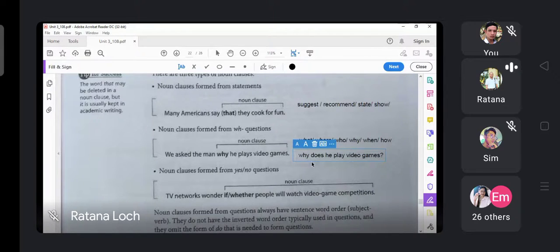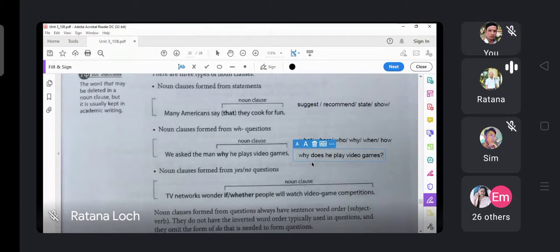Right? You can see, I want to know who came first. For example. So we actually use noun clauses a lot. I want to know where the